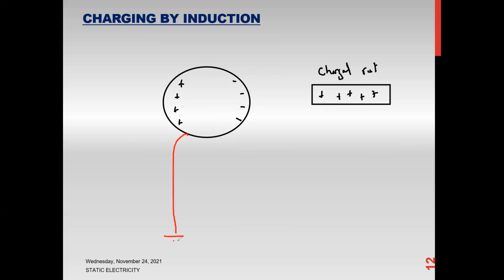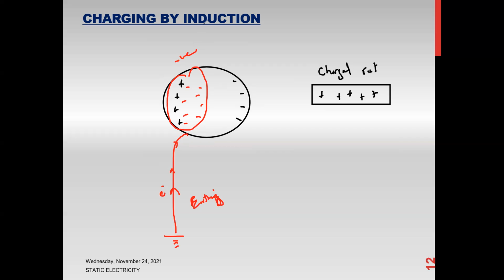As we know, positive charges can never move because of their mass and size. They are in the lattice, so they cannot move. They can only vibrate. So what happens when we connect an earthing wire? Because earthing is a metal wire, and metal also contains electrons, the electrons from the earthing will move towards the metal, and since mostly electrons will be there, this whole part will turn out to be negative.